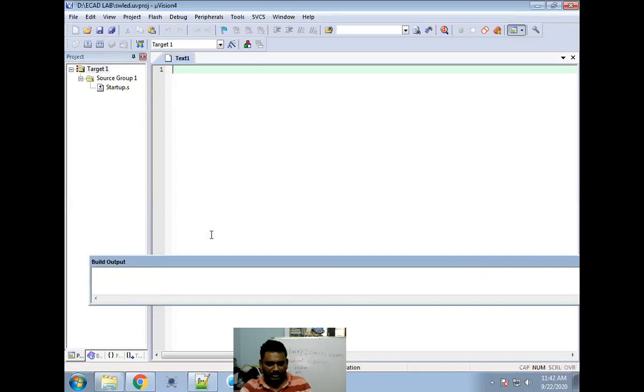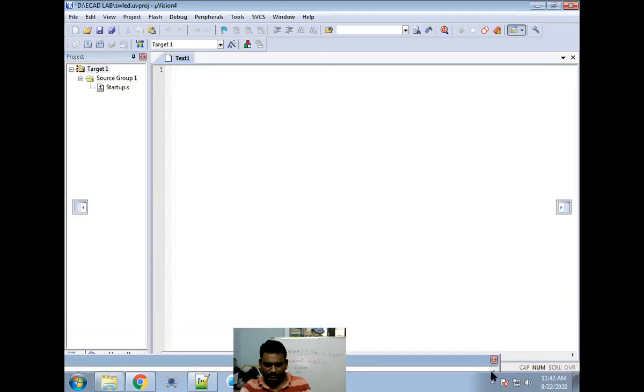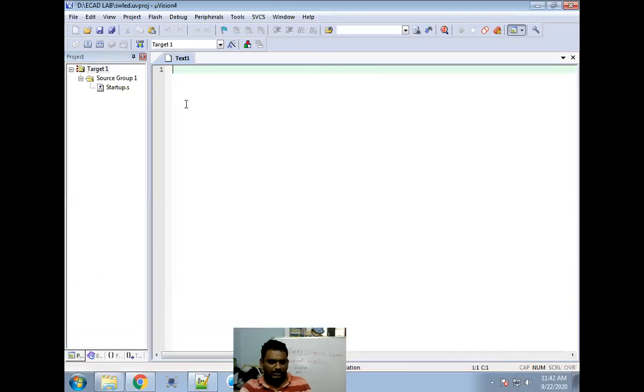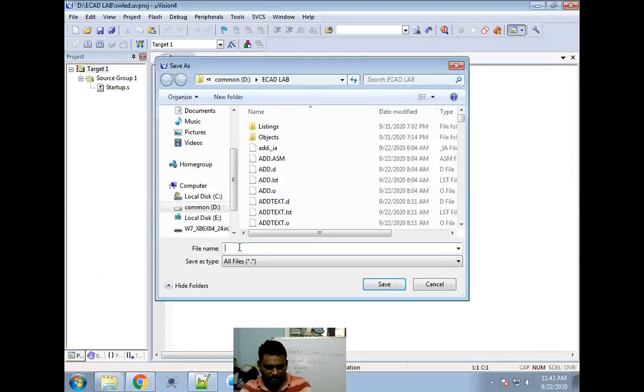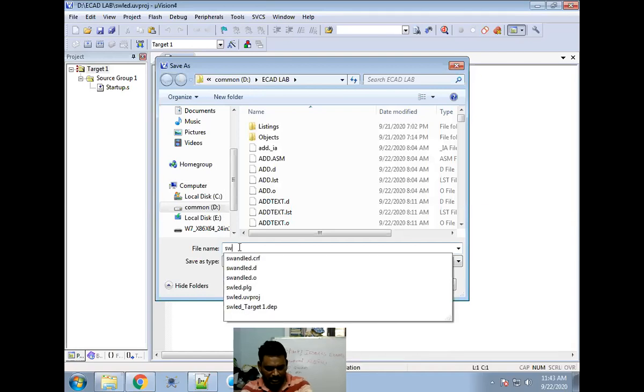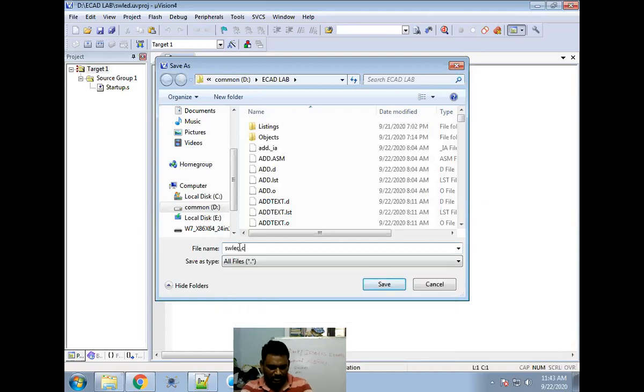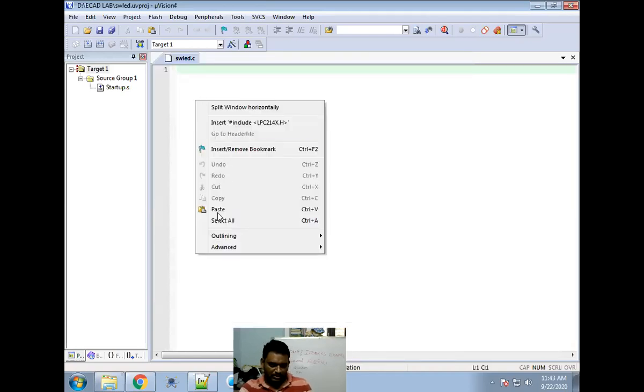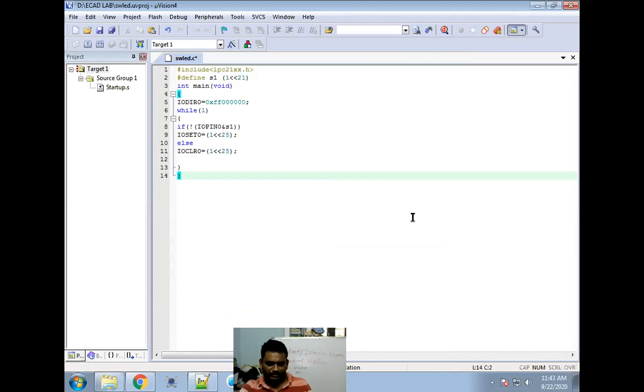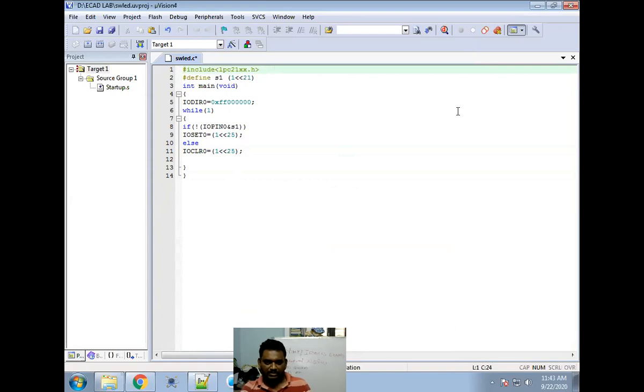Take a new file and save it with a .c extension: SW LED dot c. Okay, done. So this is the program. What is the program? You already know what this is: it is nothing but to include the registers.